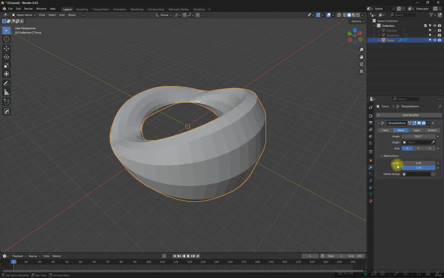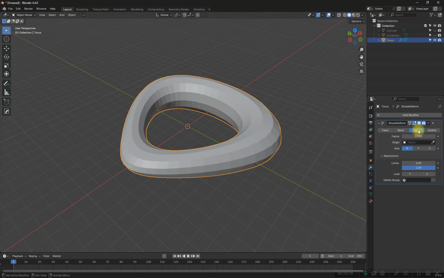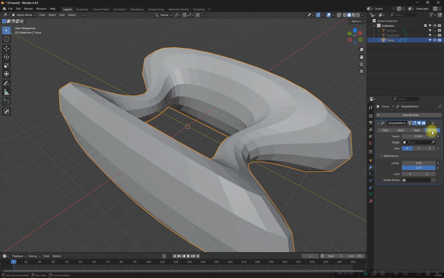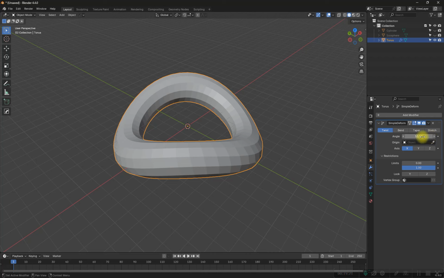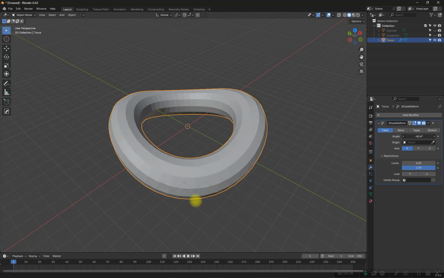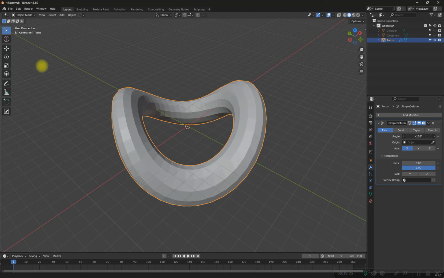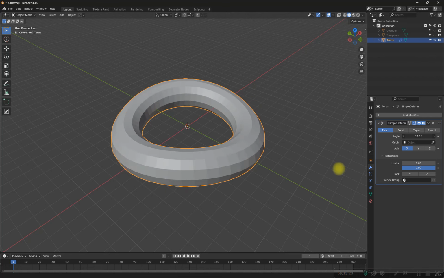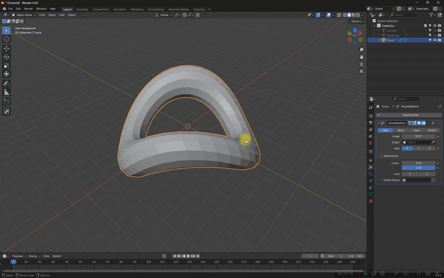So this vectors group, we shall explain it in the near future. For now, let's just have this. So this seems to be the most interesting one. And with all these deformers, have it in mind that the more edges you have, the more interesting they are. Let's say, for example,